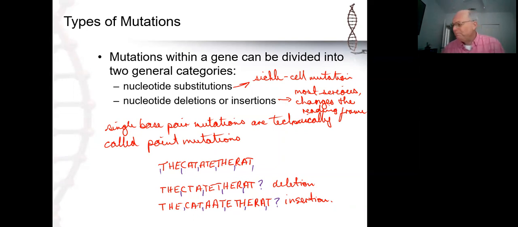These are the most serious because they always make a change. There is no possibility of having an insertion or deletion as a point mutation that will not make a change. Now, sometimes you can actually delete a whole codon or insert a whole codon, but those are very rare because there you're talking about either taking out 3 nucleotides or adding in 3 nucleotides. Very rare situations. Most likely, it is going to be these point mutations, adding in or taking out a single